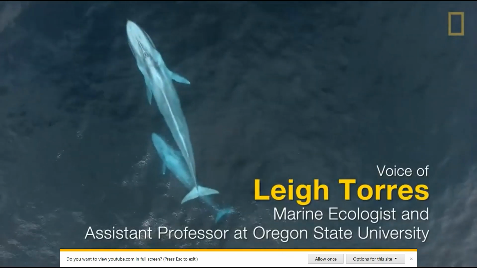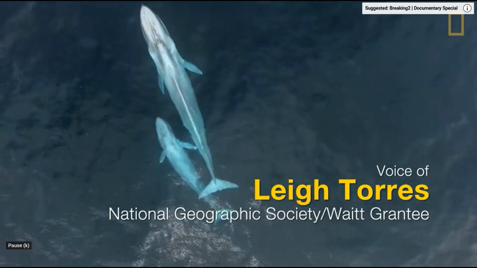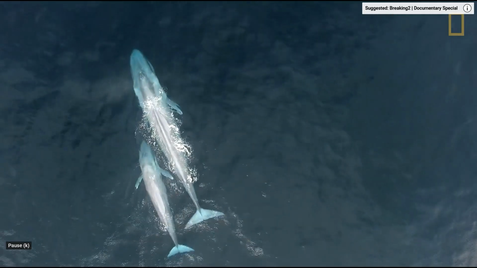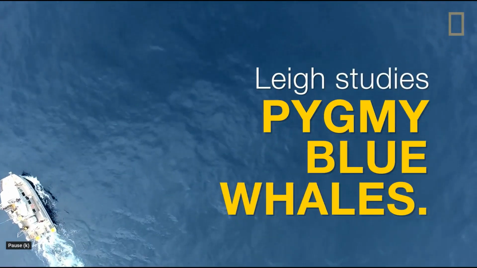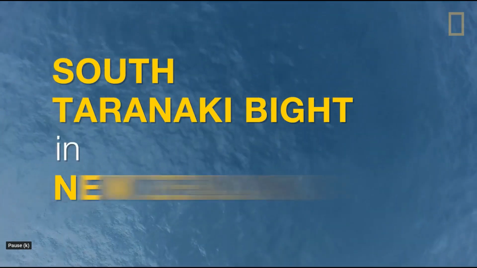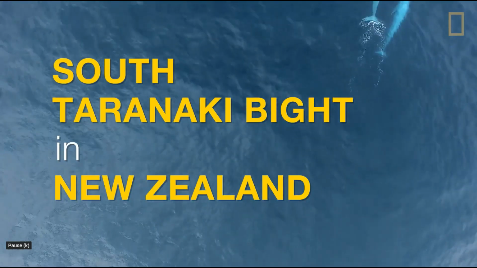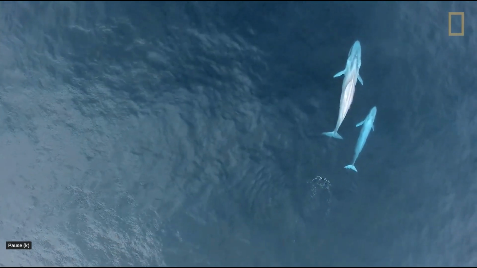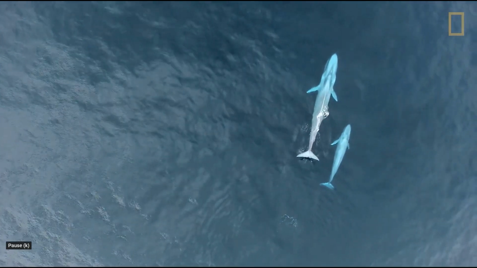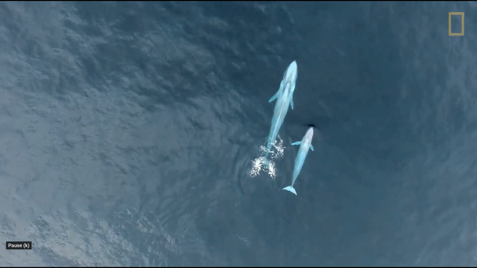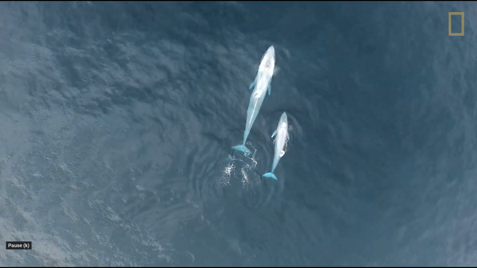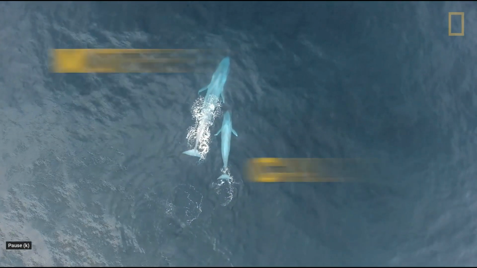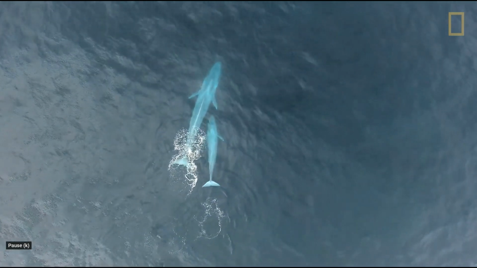I believe this is the first time that there's been any aerial footage of nursing of a baleen whale, and especially in a blue whale, I do believe it's the first. We are studying blue whale population in the South Taranaki Bight region of New Zealand and along the west coast of New Zealand that has been recently documented. And we're trying to get some baseline information about the population, what they're doing there, and their behavior. We came across a pair that we could see from the vessel. We were about 100 meters away, that we could tell by the size difference between the two animals that one was a mother and one was a calf. It's a bit of a guess how old the calf is, but we think the calf is probably about 4